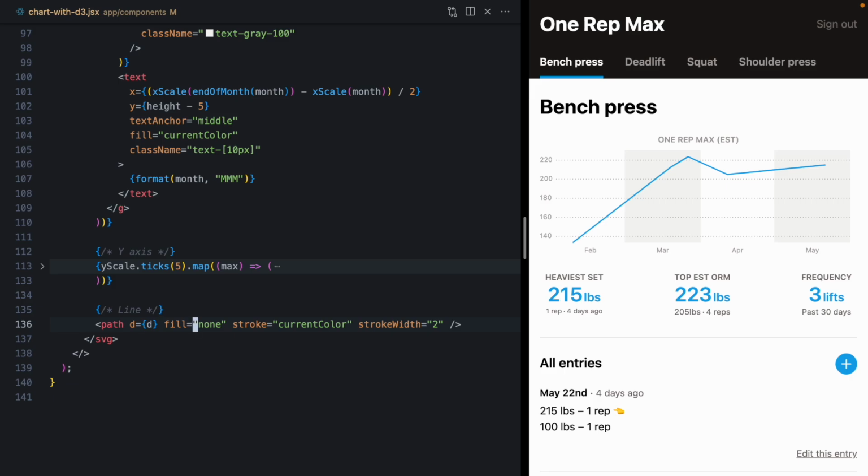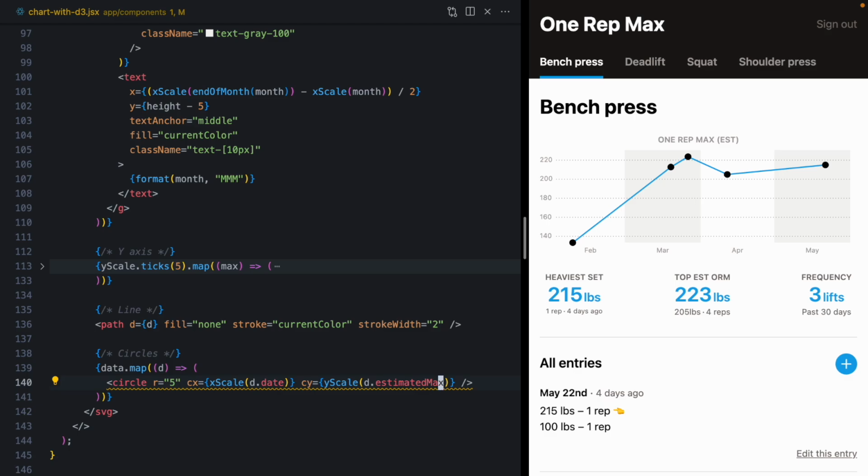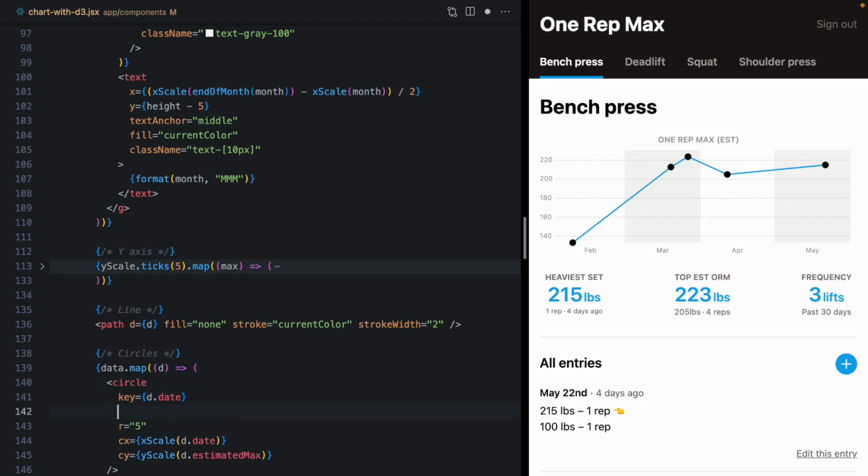So for this one, we should be able to iterate over each element of our data. We'll map each data and we'll return a circle element. Circles have a radius. We'll give it a radius of 5 pixels. We'll see these are all rendering up here in the top left. They also have a CX for the X position of the center and a CY. CX is going to be our X scale of our d.date, and CY should be our Y scale of our d.estimatedMax. Pretty awesome. Let's go ahead and key this by d.date,